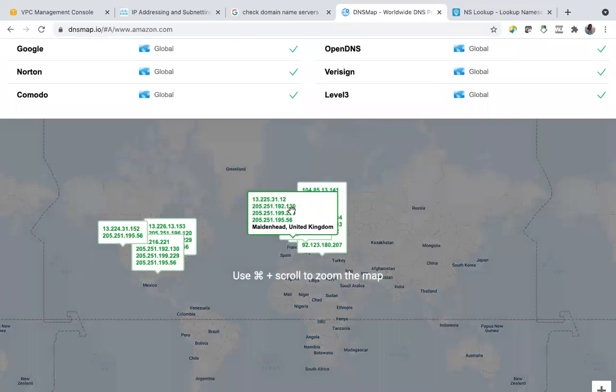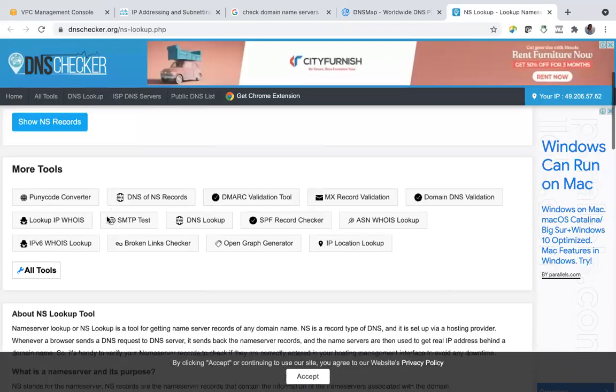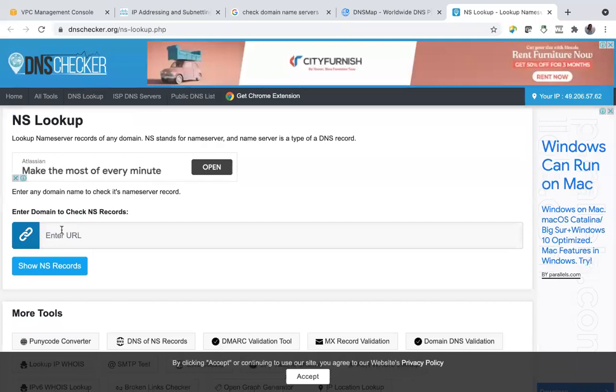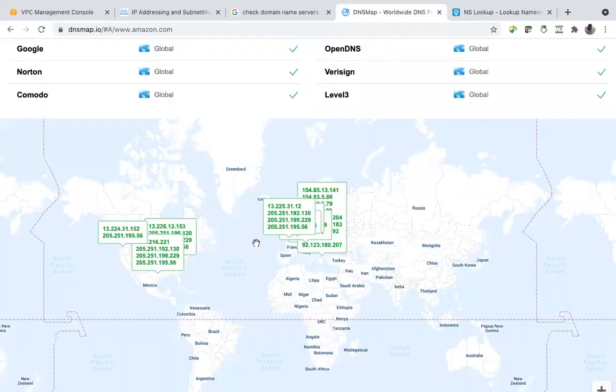See, what are all this? These are DNS servers actually. So here also, this is the same thing. You can check these DNS servers. So when you get a registered domain name, you are actually getting registered in one of these DNS servers.